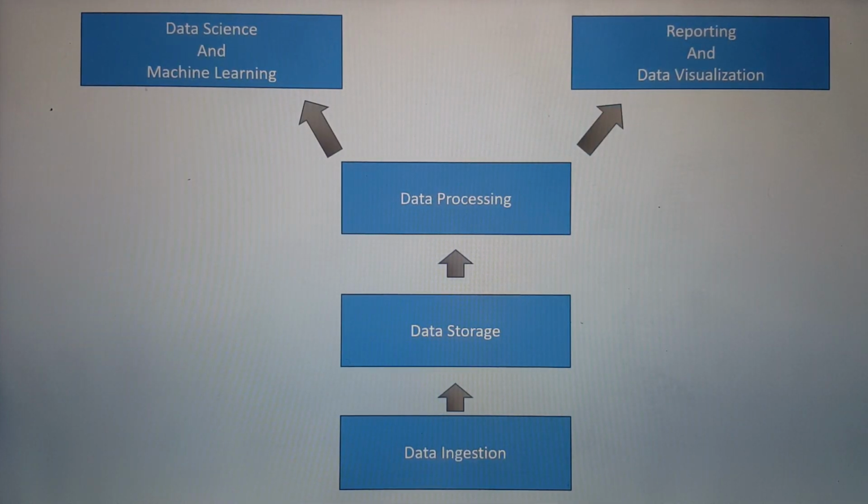To start with, if we see, the data ingestion is the very base of this diagram. That means whenever we start any big data project, we should have a strategy to bring in data from outside world, which may be a RDBMS like Oracle, MySQL, or a data warehouse solution like Teradata. So how to bring that data within Hadoop? There the data ingestion layer comes in picture.